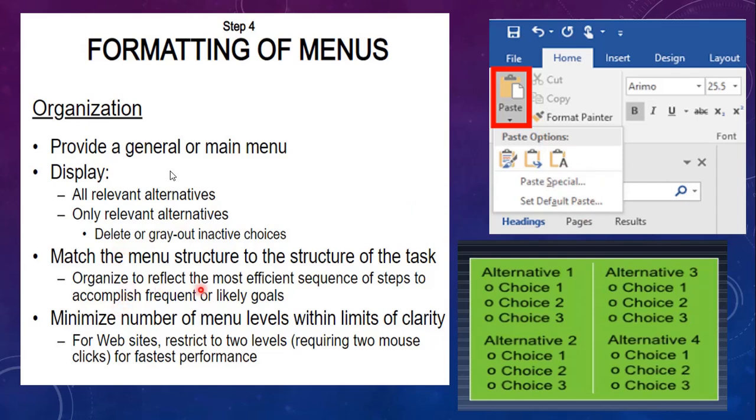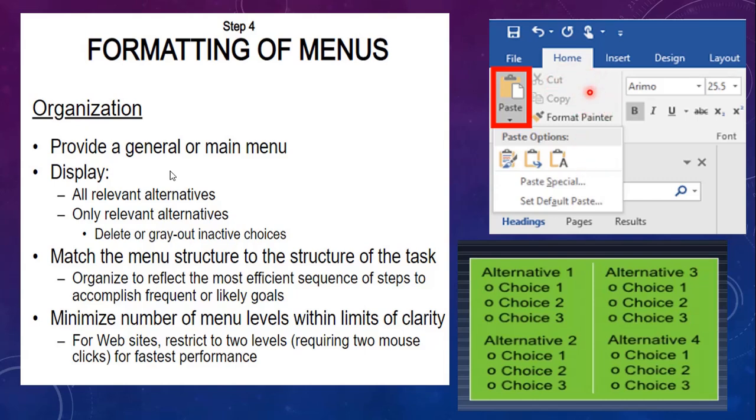And next is match the menu structure to the structure of the task. Organize the menu in such a way that it reflects the most frequent or likely sequence of steps to accomplish goals. Your main goal is to complete the task, so in that manner you have to structure the menu. What is much more important has to be placed above on the screen, as the first option.